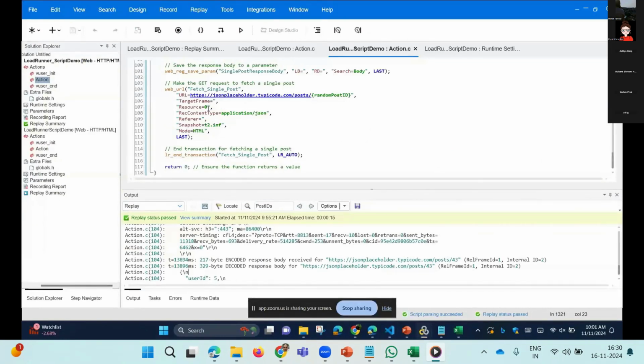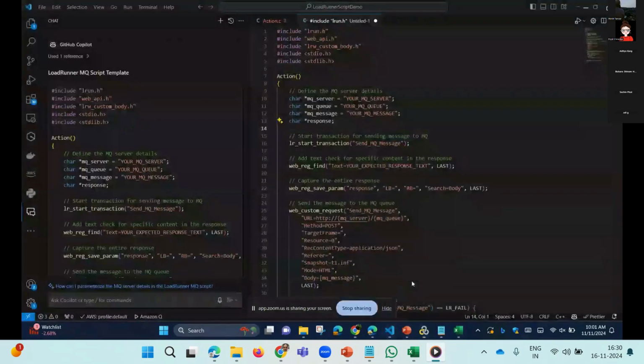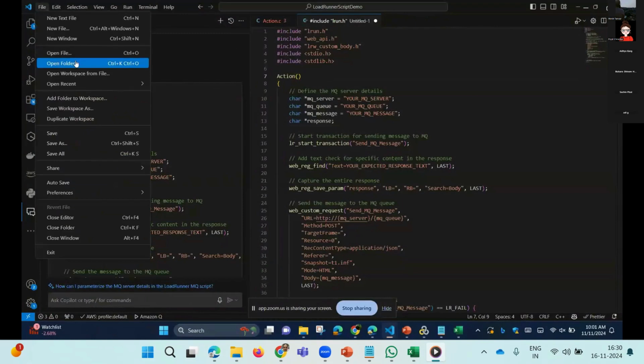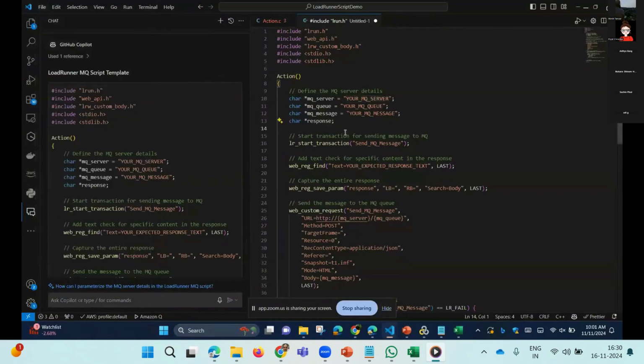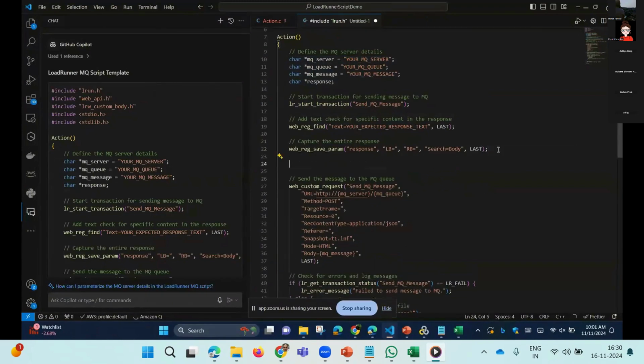Okay. So what kind of support can Copilot provide for those scripts? In the same way that we open the API script here in VS Code, we have to open the web script in VS Code through the Open Folder option, and then we can select the part of the code there and ask for assistance with it. For example, if you want to insert a logic here,